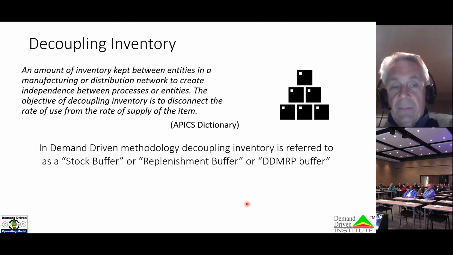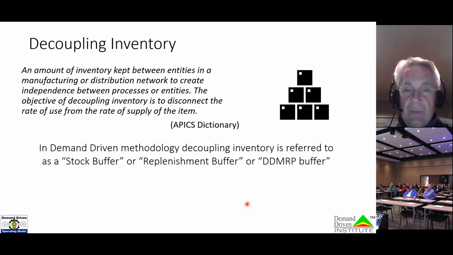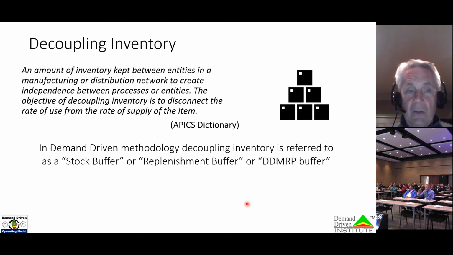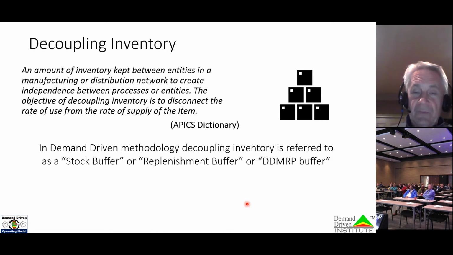In DDMRP, we talk about stock buffers, replenishment buffers, DDMRP buffers as decoupling points. Because the assumption behind a DDMRP buffer, and I think this is the most critical piece of the whole methodology, is that by properly configuring a DDMRP buffer, we know the stock will be available. It's designed to be available. So if we have a DDMRP buffer within our product structure, then we have a decoupling point, meaning we don't have to wait for the upstream lead time to feed that position in our planning horizon, which is helping us to collapse that difference between cumulative lead time and customer tolerance time.